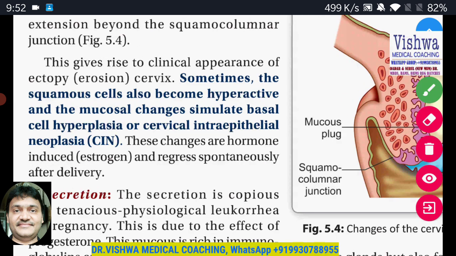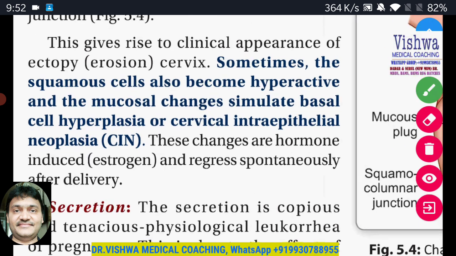Sometimes the squamous cells also become hyperactive, and mucosal changes may stimulate